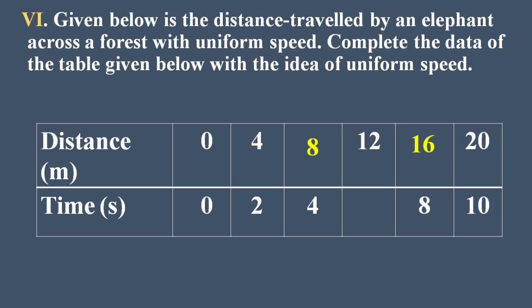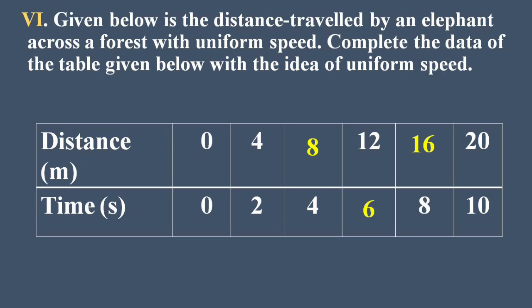Let's see the first one, 0, then it increases by 2. Okay, if 0 increases by 2, we get 2, then 2 increases by another 2 to 4, then 4 plus 2, 6. 6 plus 2, 8. 8 plus 2, 10. Okay, that's it. This is very simple. In that question also they mentioned the idea of uniform motion. If uniform motion, it increases by a constant value only. 0 plus 4 only we get 4. 0 plus 2 only we get 2. Okay, that's the main concept.